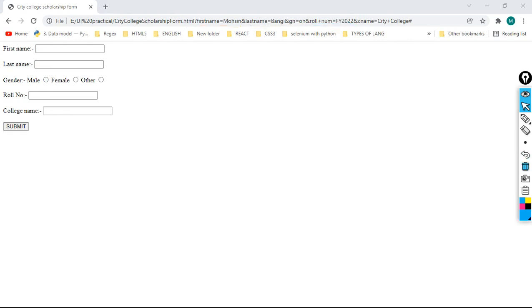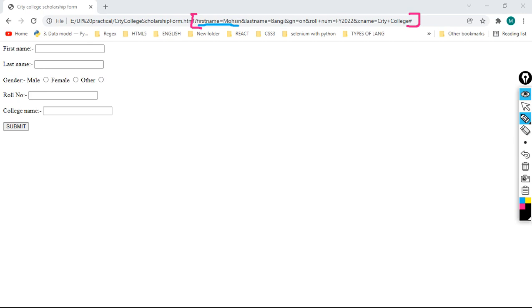So from question mark, see here, from this question mark till the end, this is query string. Query string is collection of pairs. Pairs is nothing but key and value. So first name Mohsin, this is one pair.